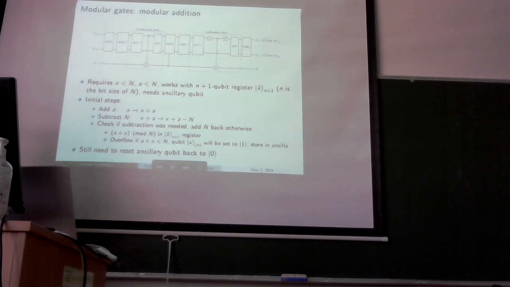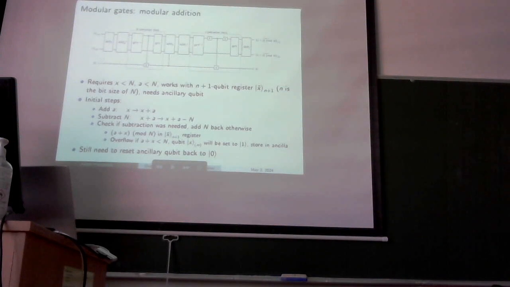By checking that qubit, which would be set if the subtraction was negative, and storing the result as if it were a Boolean on an ancillary qubit, we can then later conditionally add n back again, conditioned on the ancillary qubit. So essentially, it is a way of knowing if the subtraction was needed and adding n back again if it wasn't really needed. This first half of the circuit essentially gets us to the result. But still, the ancillary qubit now might be in an arbitrary state, 0 or 1, depending on whether there was overflow or not. And it is very convenient for us to get the ancillary qubit back to 0.